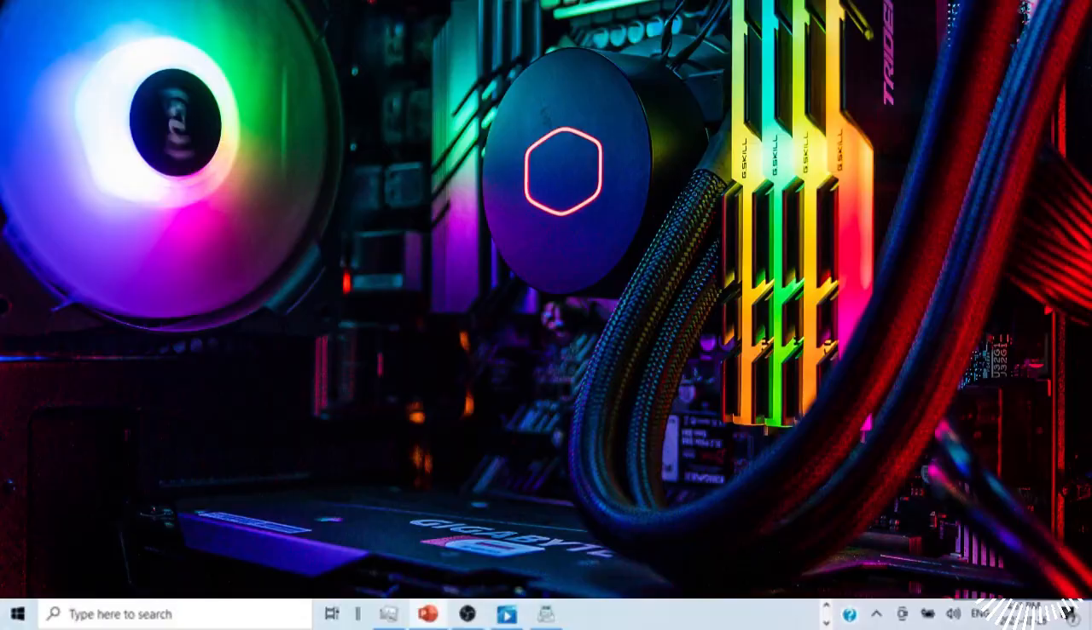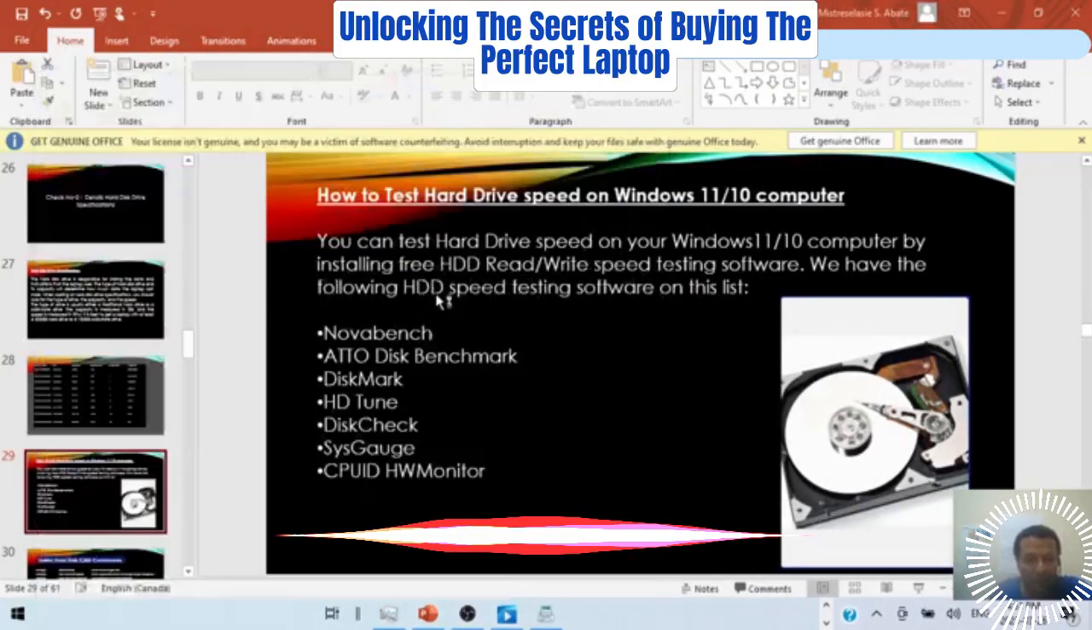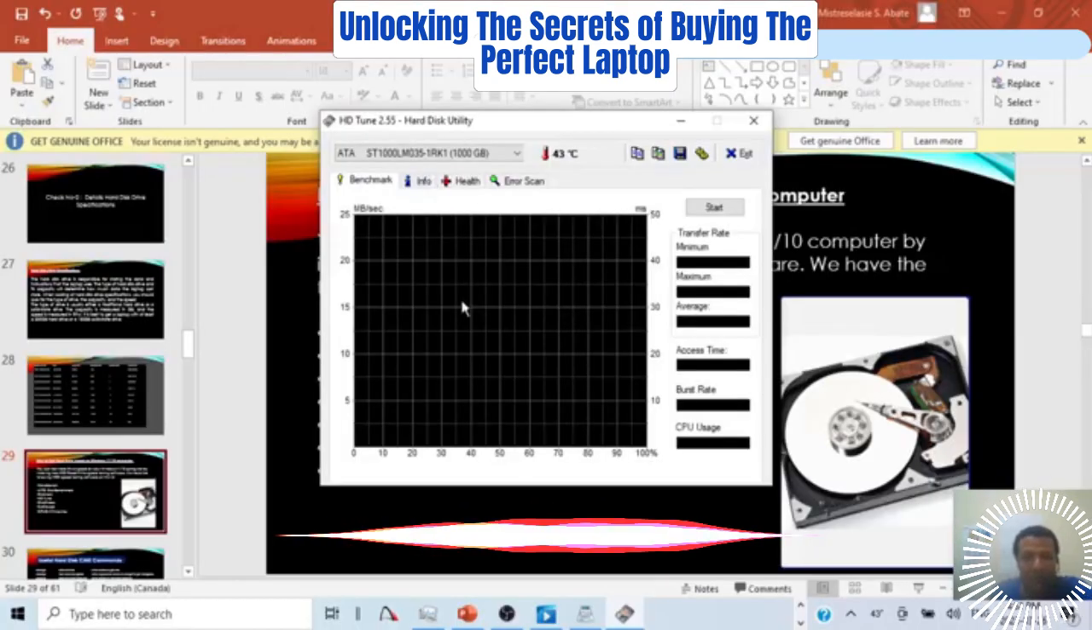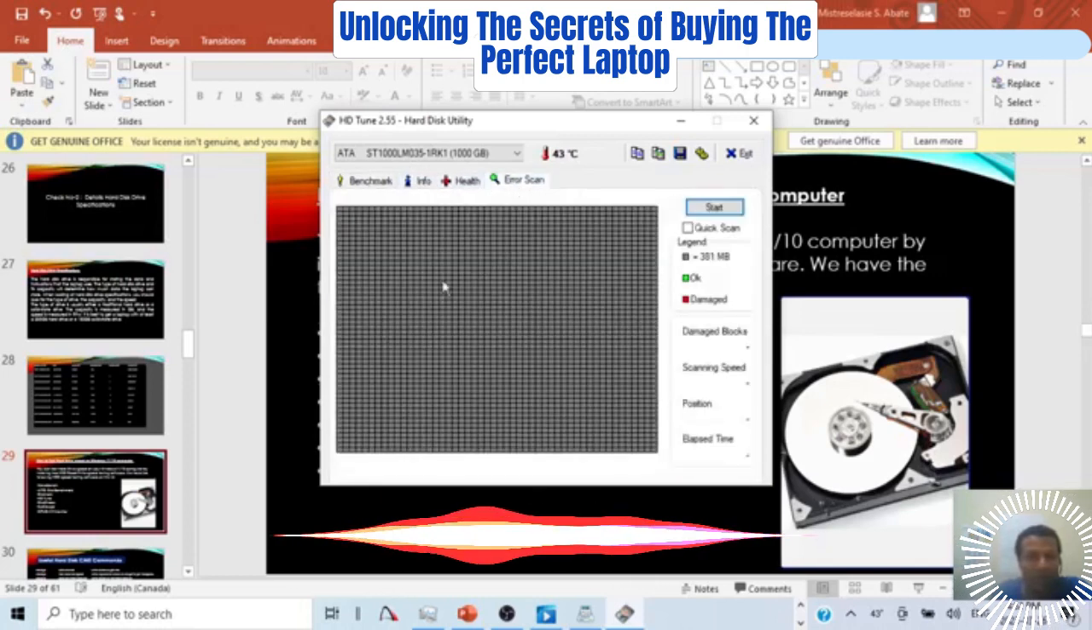The other one, HD10. So this one is already 6 gauge. For example, HD10, we can open it. I have HD10 here. Yes, you see, HD10 is also very nice. This is benchmark, information, health, error. For example, this is the total